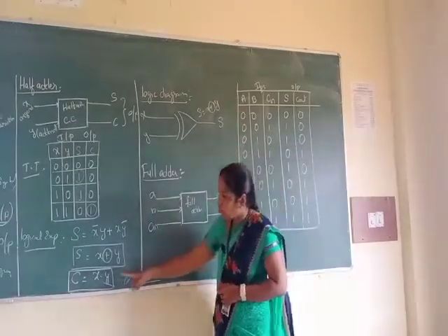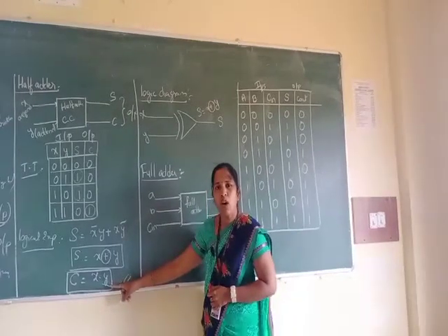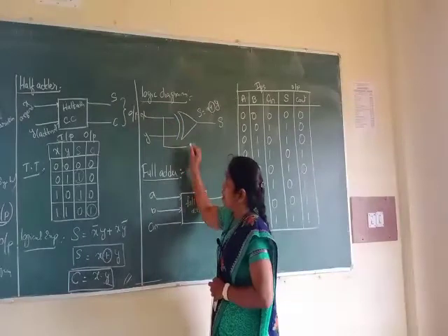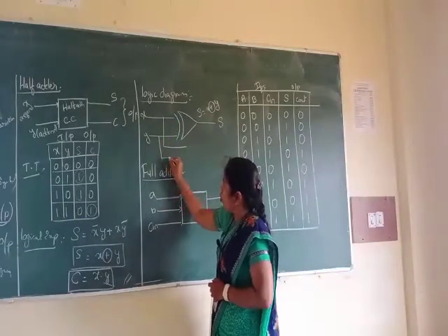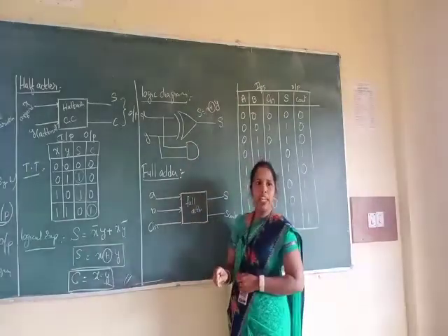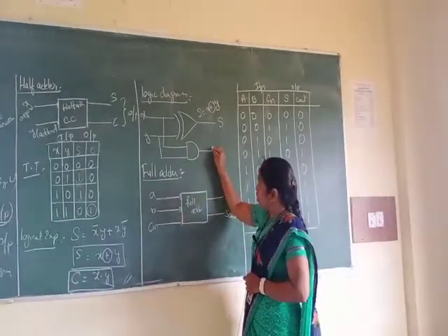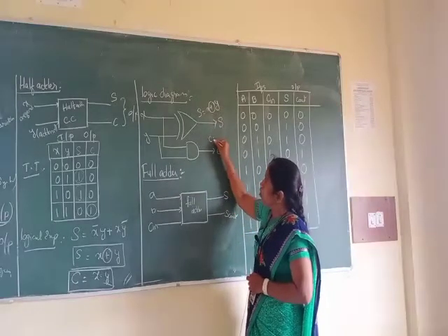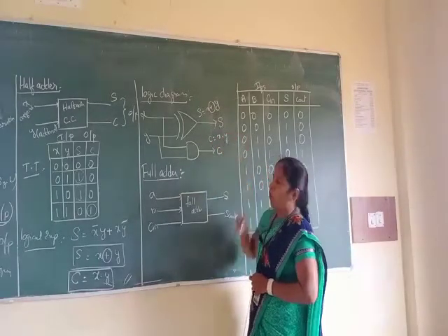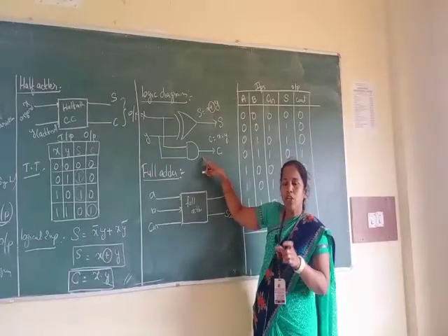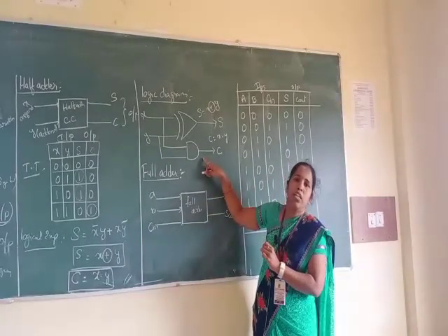Now second one is carry. Carry is equal to x into y. Now again I am taking here x. Now here it is y. Now AND operation, right? AND gate you are using. Now here it is generating C, right? Now C is equal to x dot y. So like this you are going to draw the logic circuit diagram.